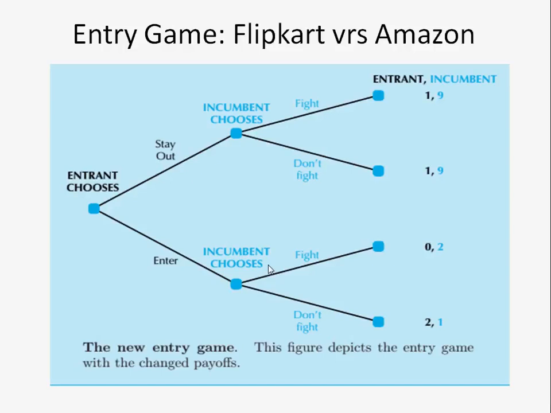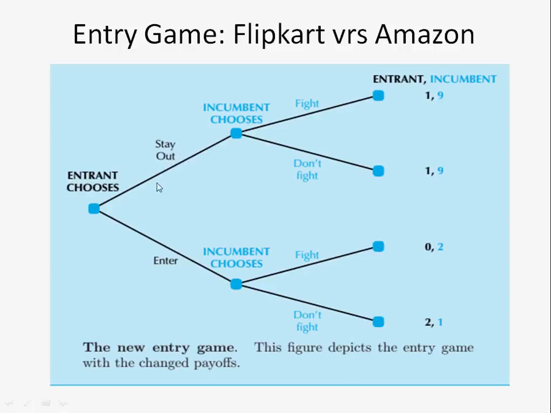So let us take two retail giants. At least in the Indian case, Flipkart used to be the major online retail player, the online platform where people used to buy products before the entry of Amazon. So it's a kind of competition between Amazon and Flipkart, and assuming that the incumbent will be Flipkart and the entrant will be Amazon, Amazon has two choices, either stay out or enter.